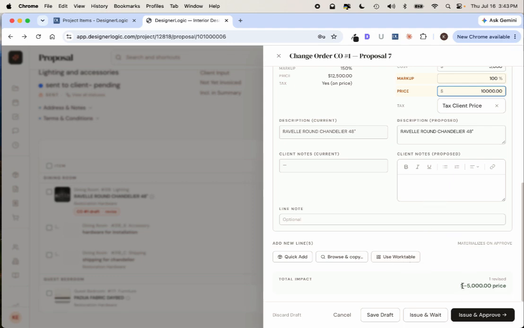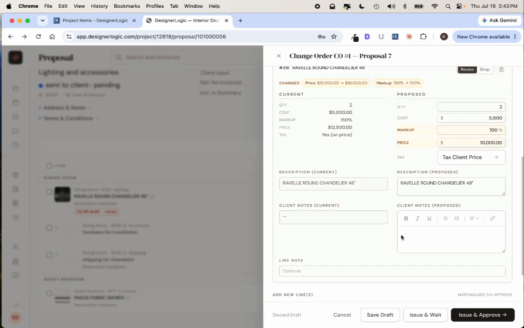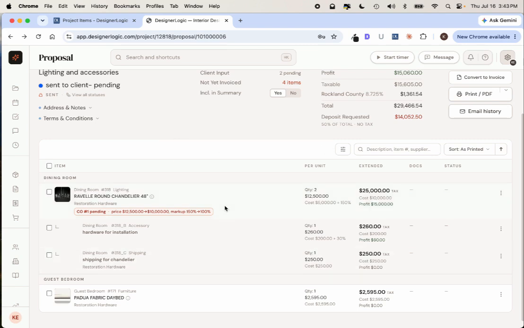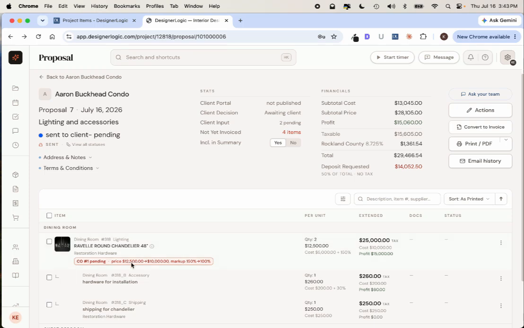So basically it tells you that this price has been lowered $5,000 for these 2 chandeliers, and you can issue it. And wait, that means it needs an approval. So now it says there's this change order pending right here for this much money on this proposal. It hasn't changed the price or anything, but if you click on it,